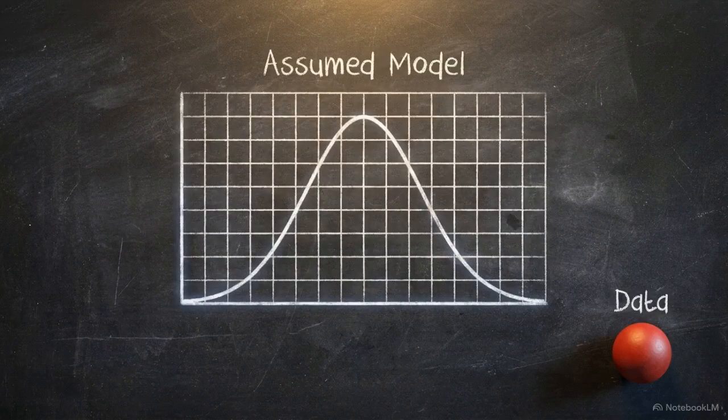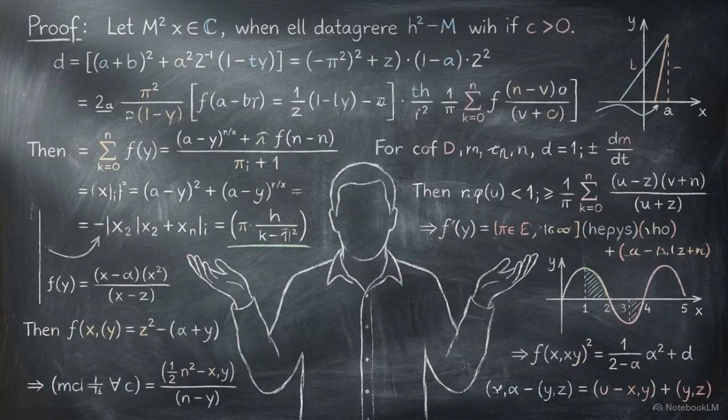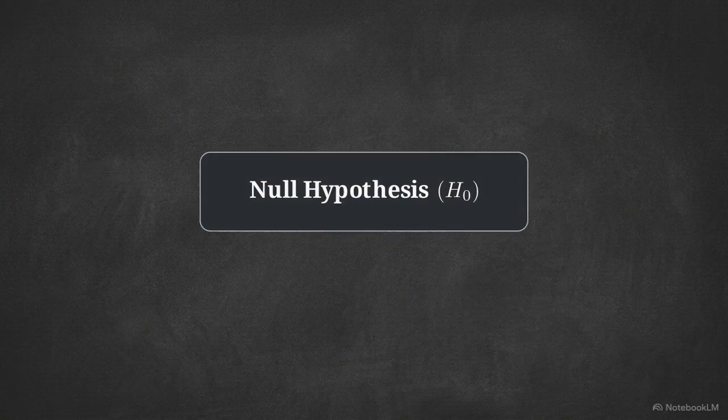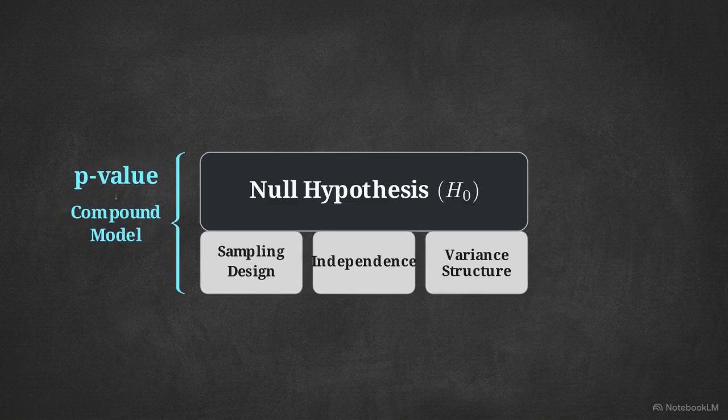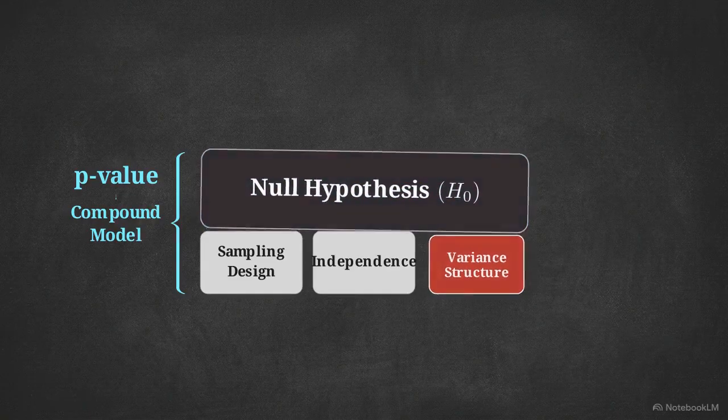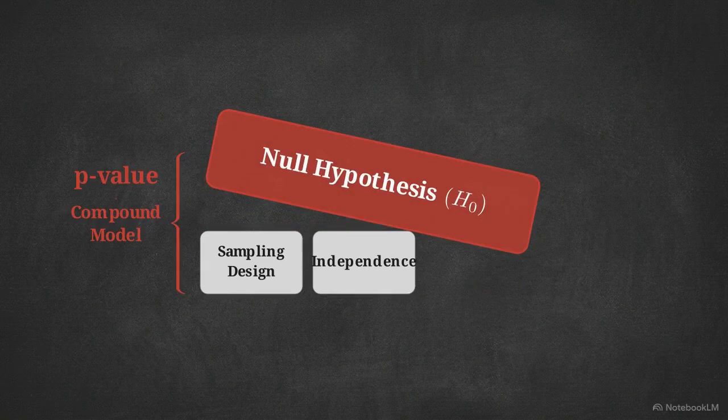The p-value is exclusively a measure of data discrepancy against a specific assumed model. It never provides a direct probability statement about the truth of the hypothesis itself. A p-value never tests a null hypothesis in isolation. It evaluates a fragile compound model, relying on a stack of auxiliary statistical assumptions beneath it. A small p-value might indicate a false null hypothesis, or it might flag that a background assumption failed, tilting the